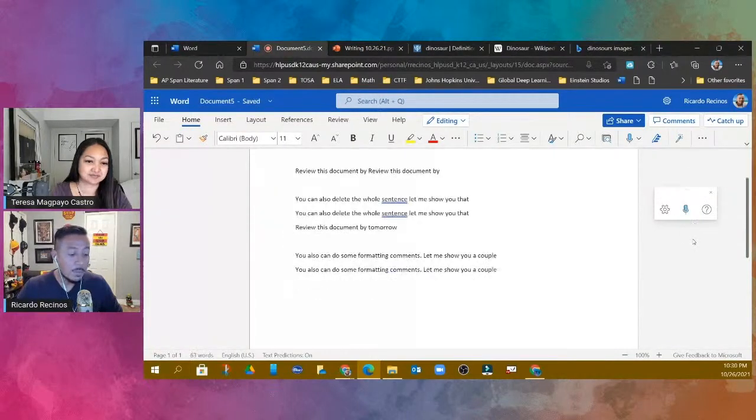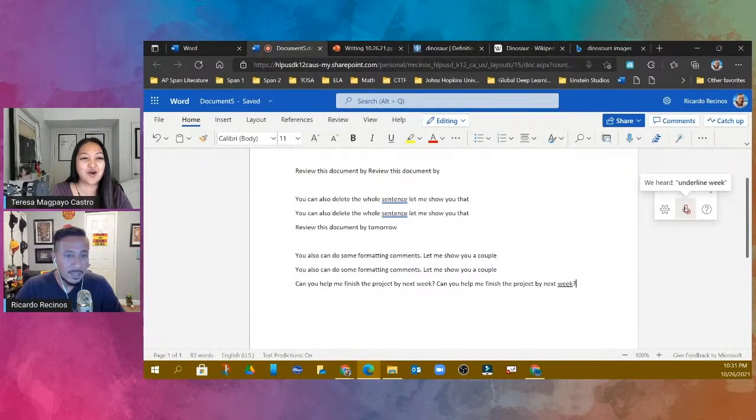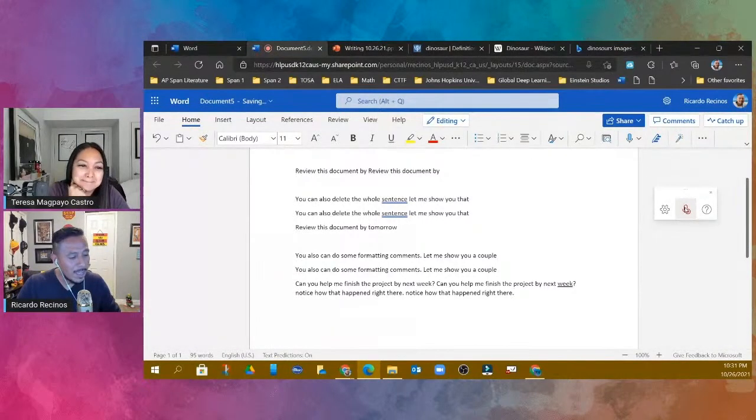Okay. You also have the ability to use formatting commands with the dictate. So let me show you an example. Can you help me finish the project by next week? Underline week. Notice how that happened right there. Oh my goodness. And there's other ones you can use. Some of my favorites, check this out.